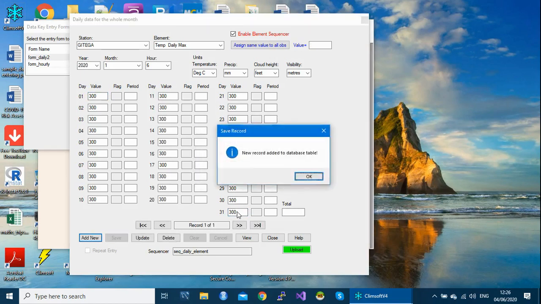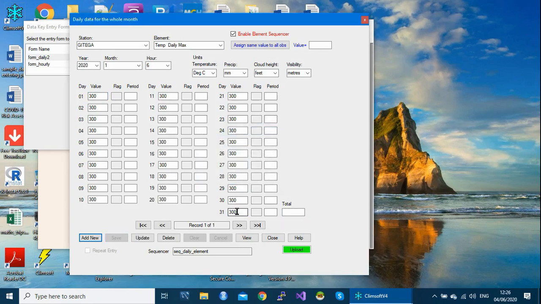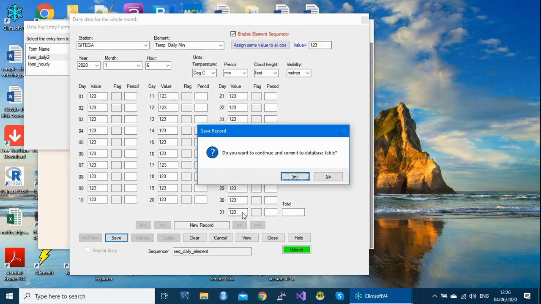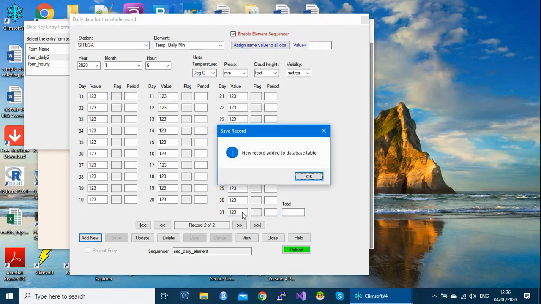Save. Once I click add new, the next element to appear is element 3, which is minimum temperature. Let's say this one was, just for example, this value, and then I move on.